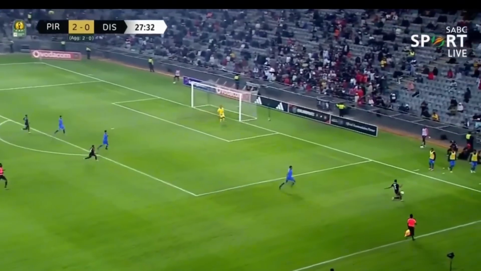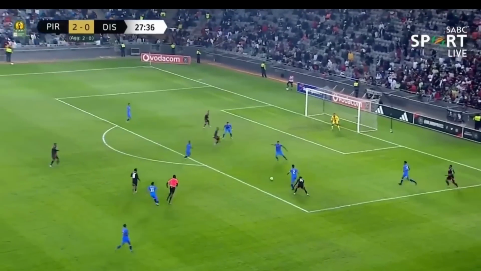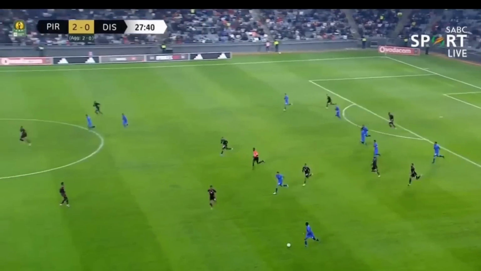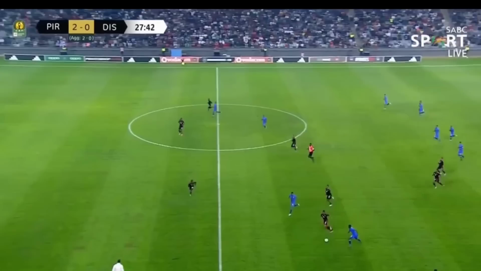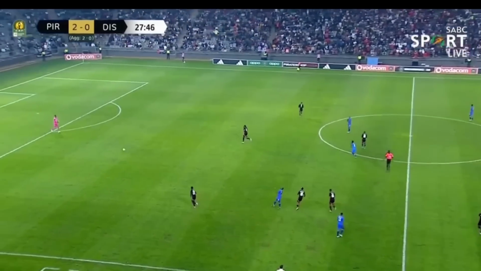Now once again, look, there's a guy who's wide, free all the time. He gets the ball. And I want to show you this. Umonyane is him this time who's out wide. And this move is not successful. But like the second goal, the first movement was not successful. But Pirates wins the ball back. They play back once again.